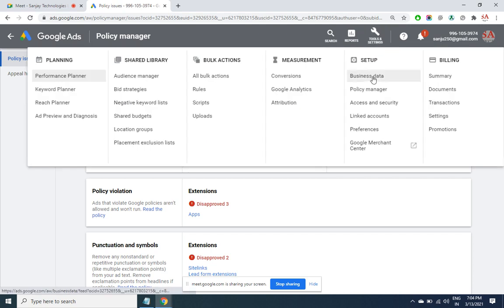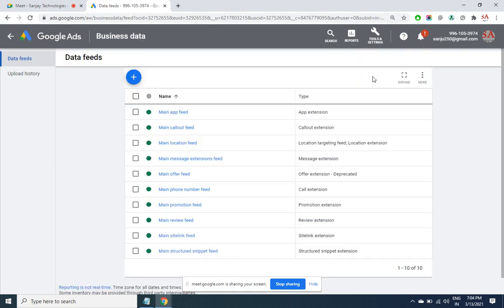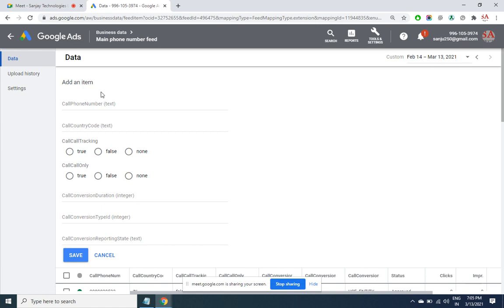Business data, again to link through Salesforce and all that. So here you can add all your extensions here itself. Click on this, what all numbers that you have added. Either you go into that and you do it, or here in bulk if you want to do it, this also you can. Okay, phone number, then country, text code, likewise. So using for add extensions.